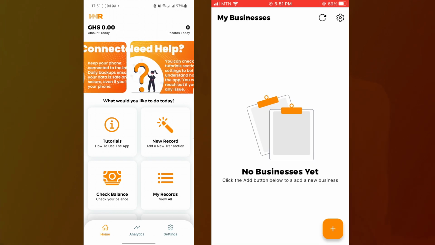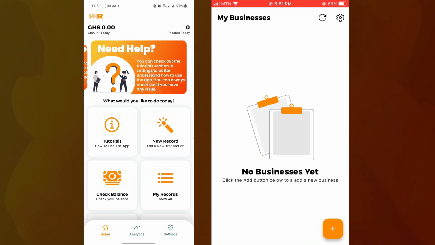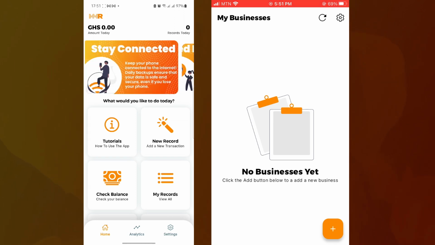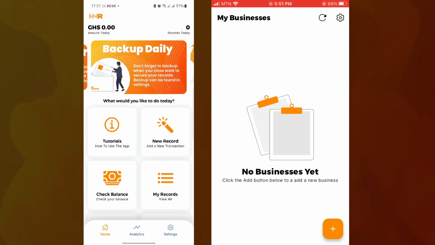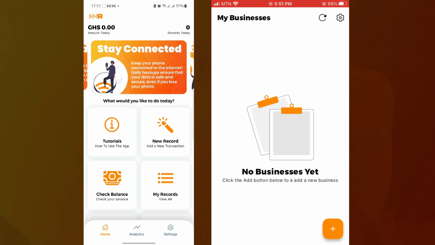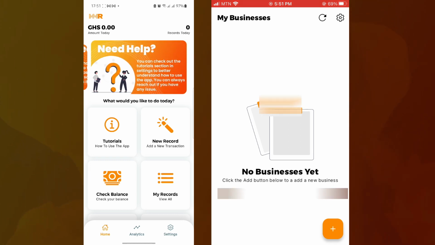Once you get into the app, you see that this is a new account. I don't have any businesses yet. So what I have to do is to get one of my business phones, that's the mobile money agent phone, and then once I get it, I tap on the plus button at the bottom right corner,